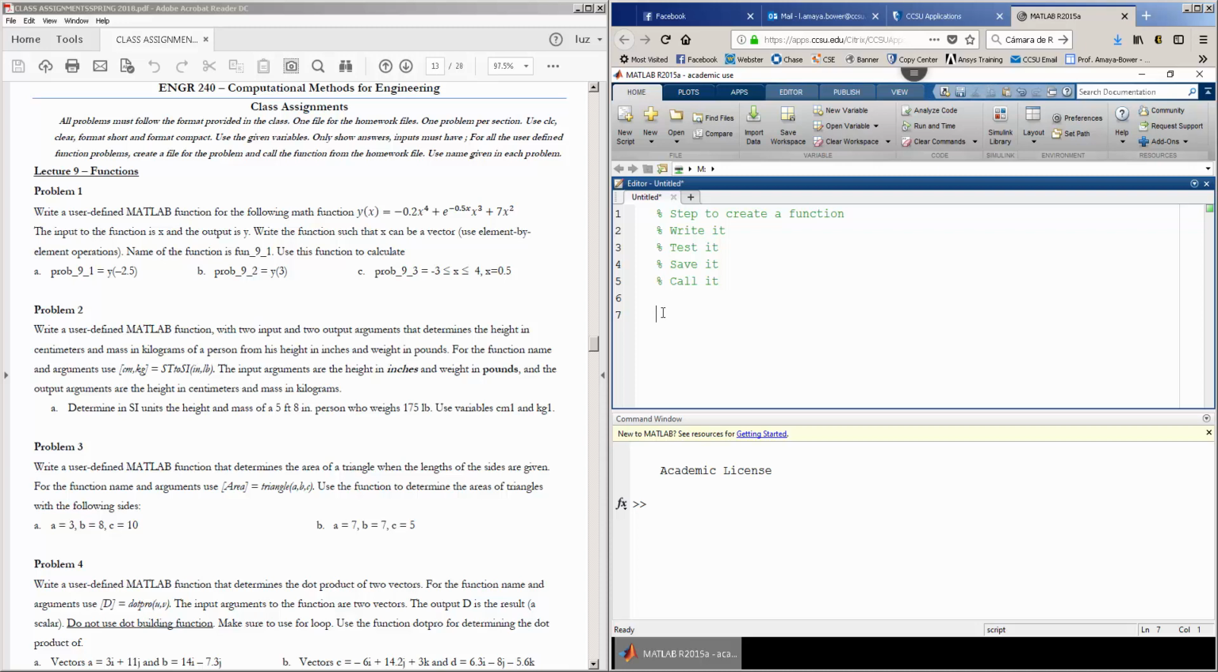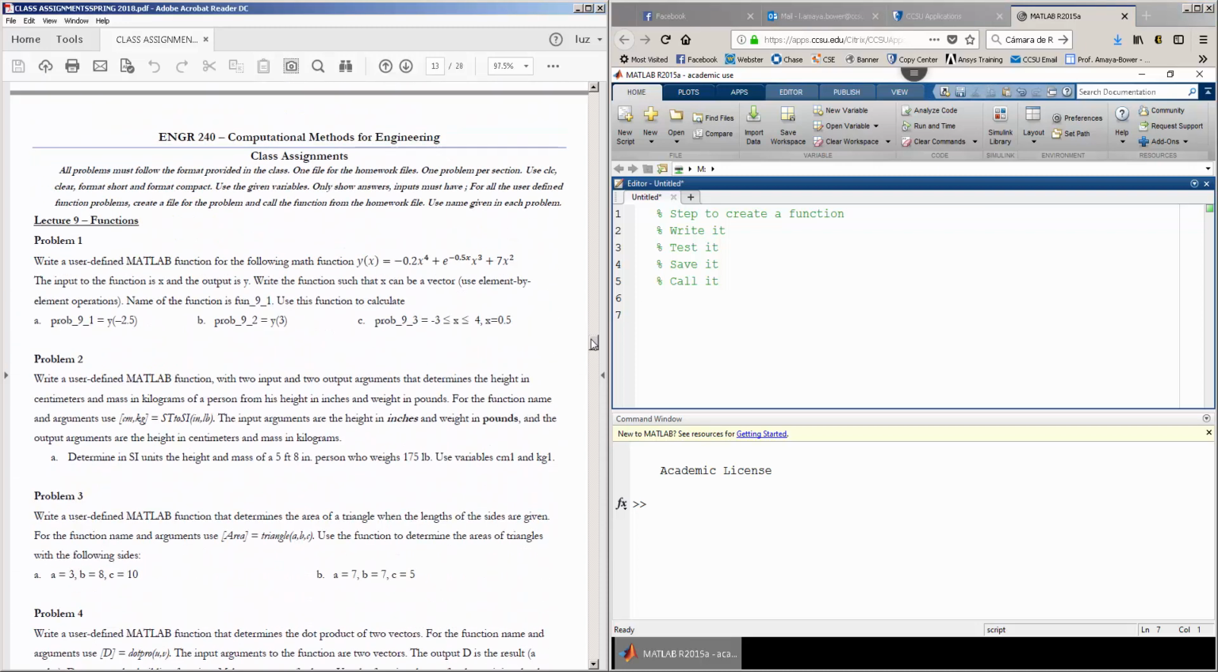So I'm gonna go over problem 1 and problem 5 in your homework. Okay? So let's start with problem 1. For problem 1, notice that what we have to do is evaluate the function y for 3 different sets of x's. We're gonna write it first. So we're gonna say x is equal, the first one is gonna be negative 2.5, and then y is evaluated to be negative 0.2 times x